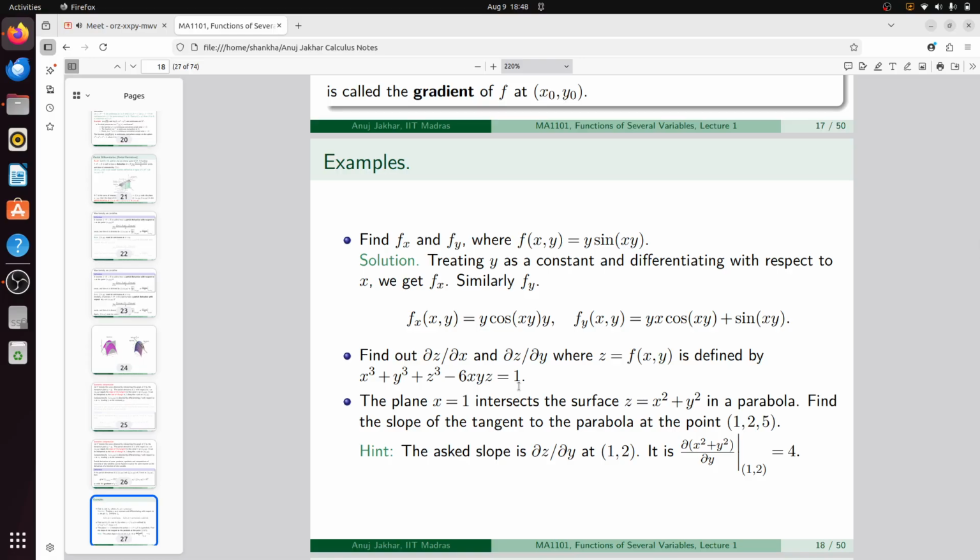Not in the denominator. I was talking about the denominator term, because here you have 3x square plus 0 plus 3z square del z del x minus 6xy del z del x. I was saying that this minus xy and plus 3z square will come in the denominator, and then what you have told is right. Then you will get one more term, minus 6yz, because you are taking the derivative with respect to x, so you are differentiating z as well as x. That is why you will get the latter term, minus 6yz.